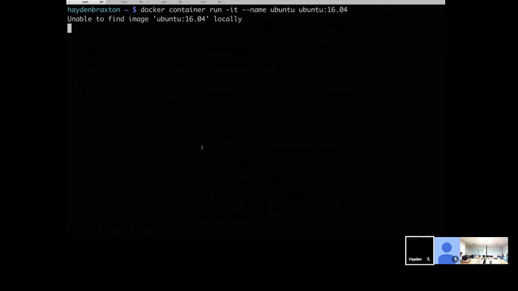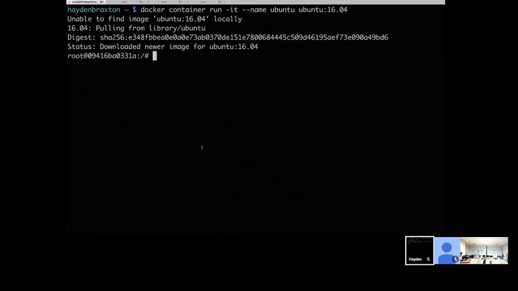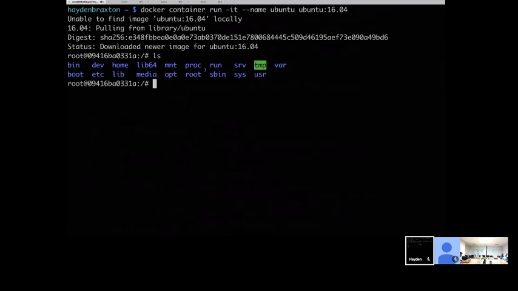So in this case, when I tried to run it, I didn't find it locally, so I pulled it down, and it pulled that image pretty quickly from Docker Hub. And as soon as it got that new image, all of a sudden you notice that my prompt has changed. Well, now I'm inside the container. This right here is the start of the container ID that I'm inside of. And so if we look, it looks like the file system that we're in, it looks like I'm inside of an Ubuntu